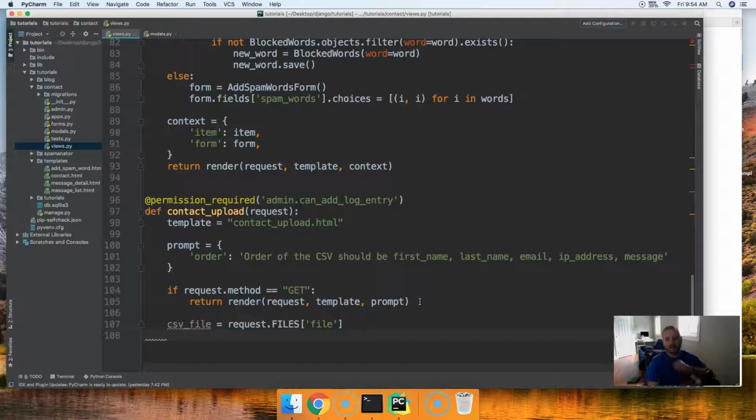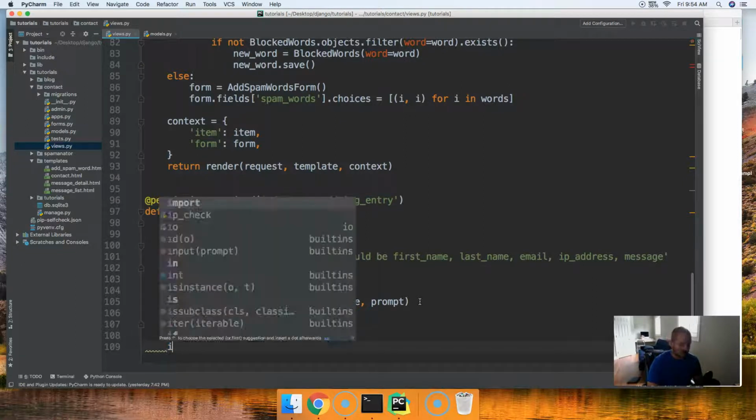Now we're going to go ahead and check if it's a CSV file. And the reason I do this is because we don't want someone mistakenly trying to upload a different file, for example a TSV file or a JSON file or something like that. We want to ensure it's a CSV file. If not, we're going to return a message to them stating, hey, you're uploading the wrong file, silly. So let's go ahead and do if not